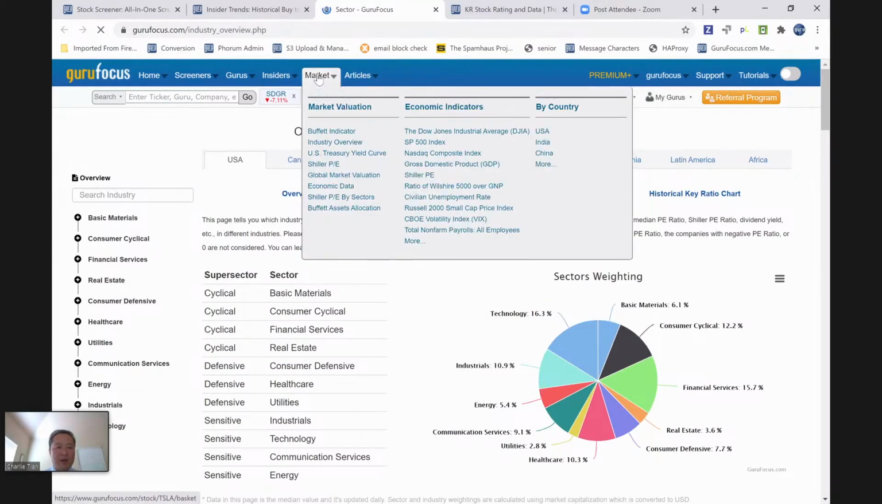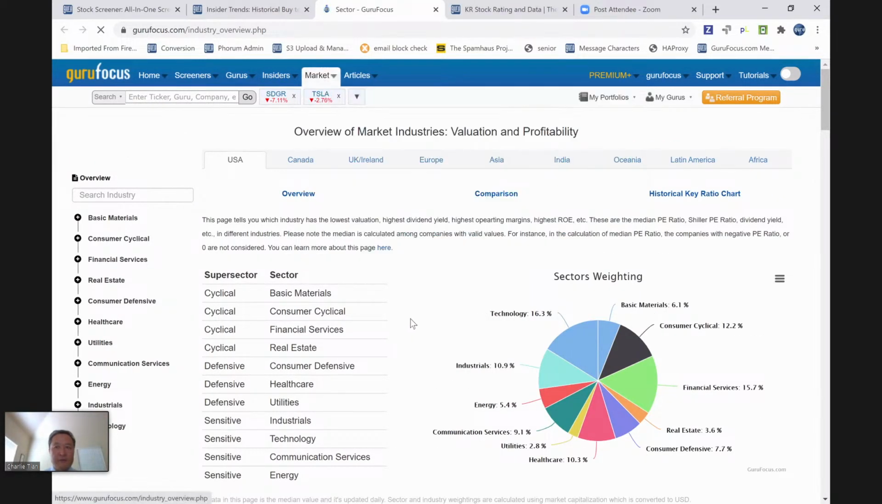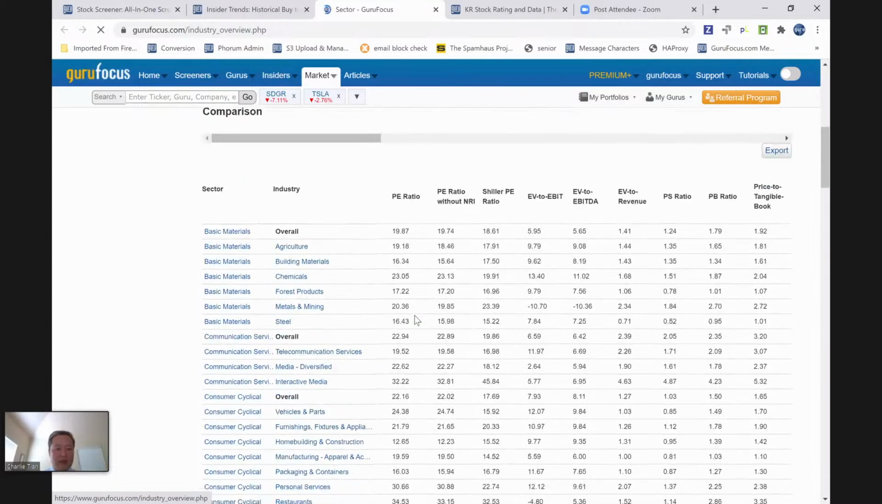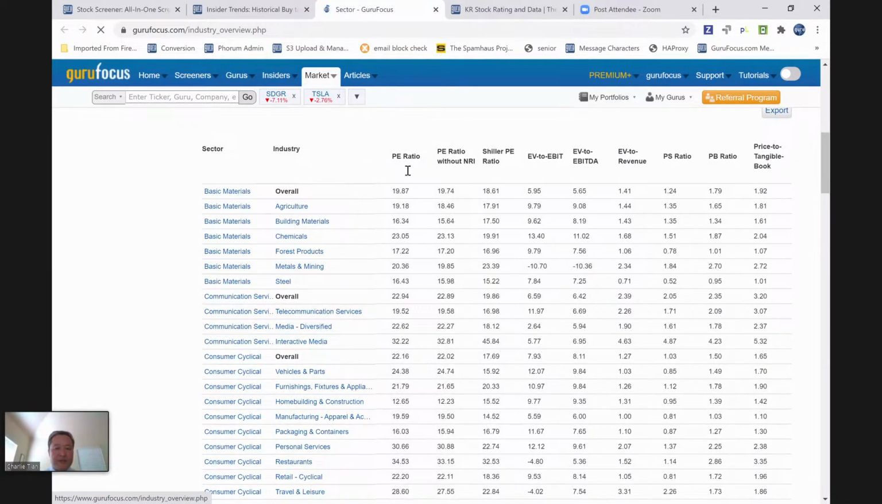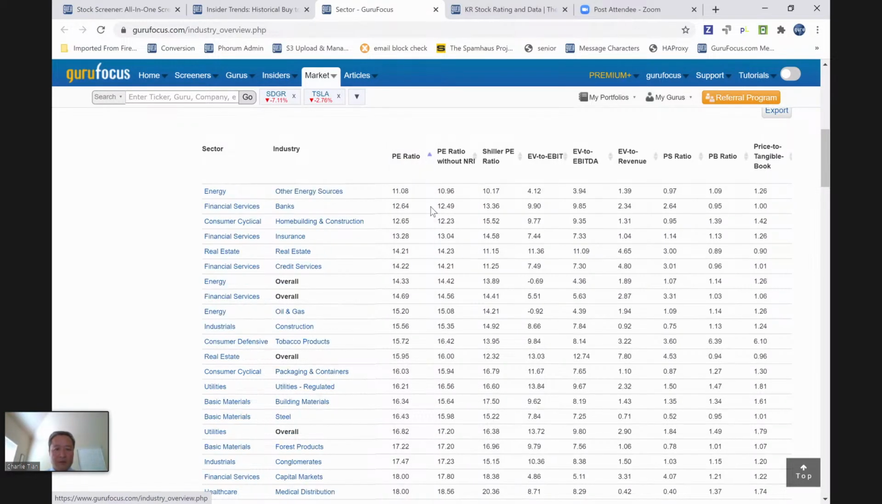It's under the market industry overview here, and if I sort all the industries by P/E ratio, the energy, financial sectors, and financial services, this industry